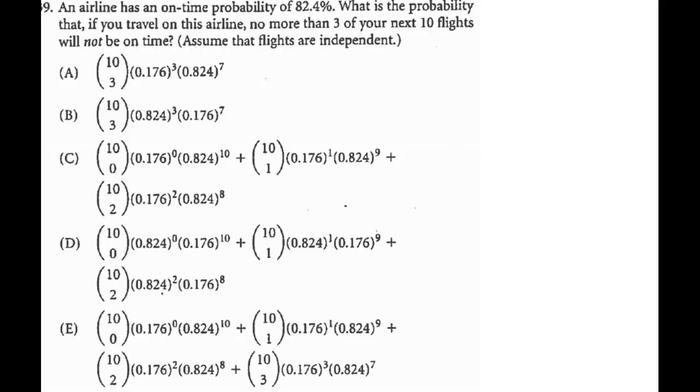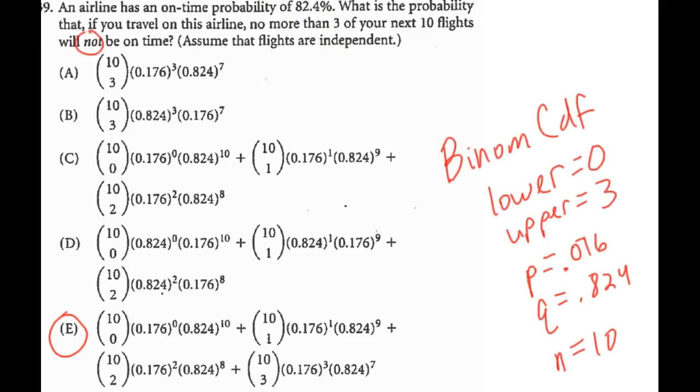This last question, the correct answer is B. I don't know if I have time to go over it, but it's definitely binomial, and you might be able to work that out on your own. And I wrote down the variables off there to the right. I would use binomial CDF on my calculator, but they calculate